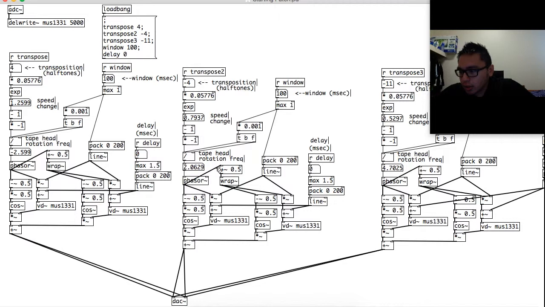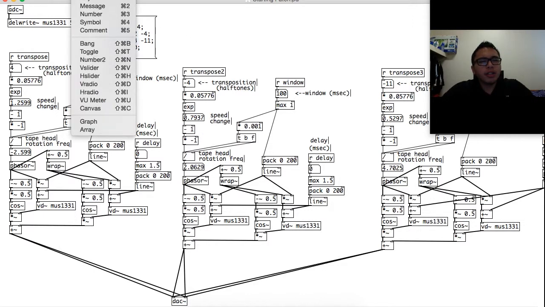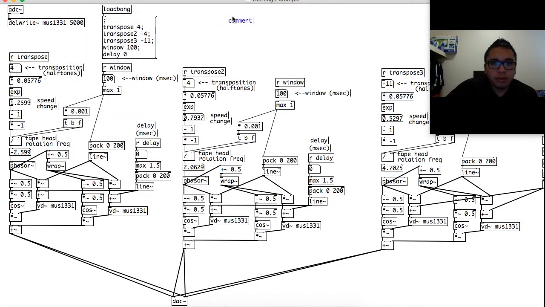The next thing is we can start building our chord. But first, before we start building our chord, we should make a reference chart. So go to Put and go to Comment. Click Comment, and let's put it right here. Click that, and